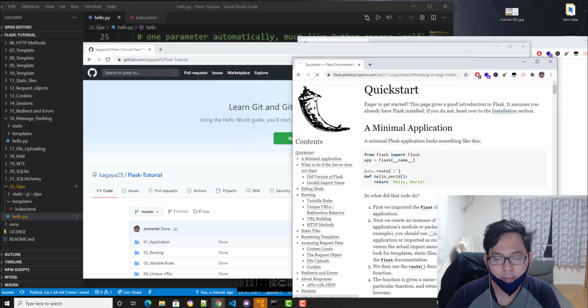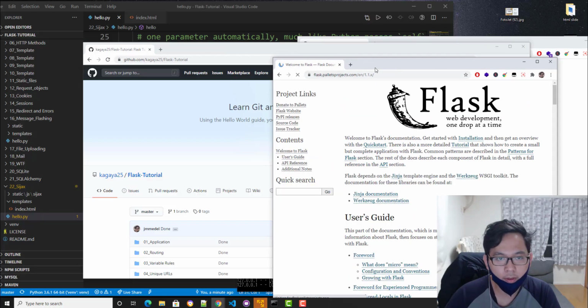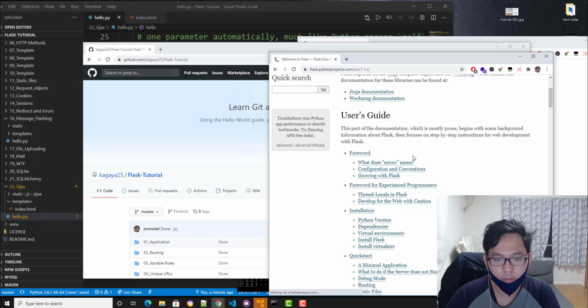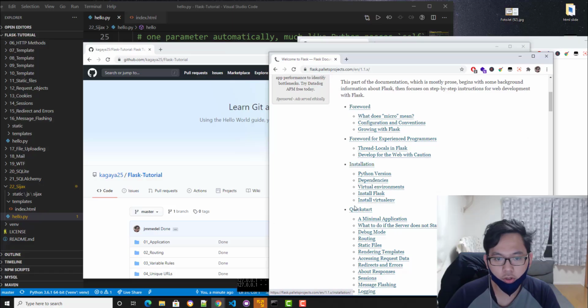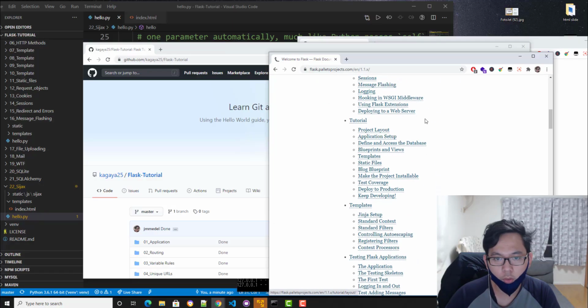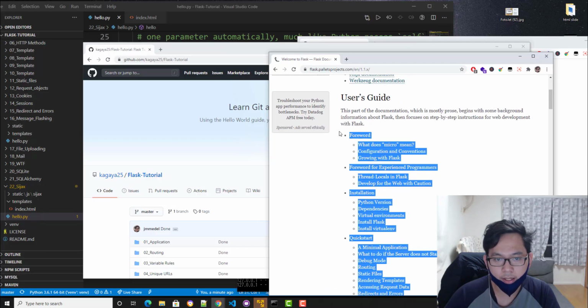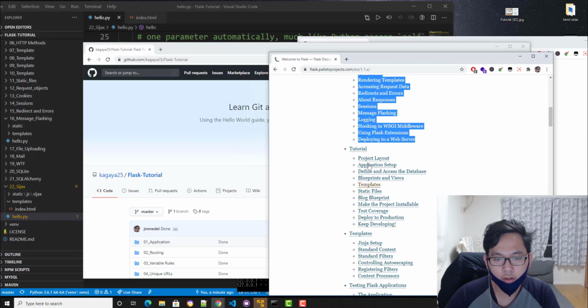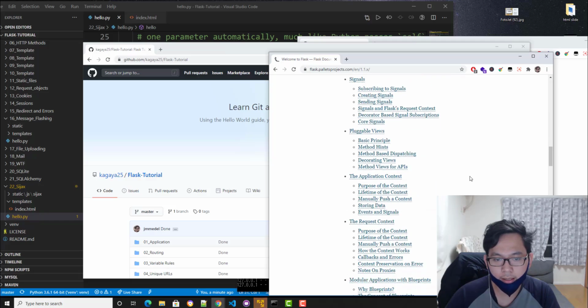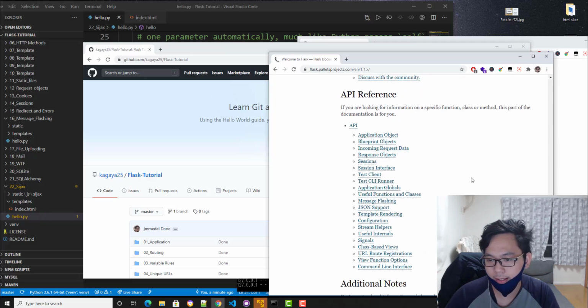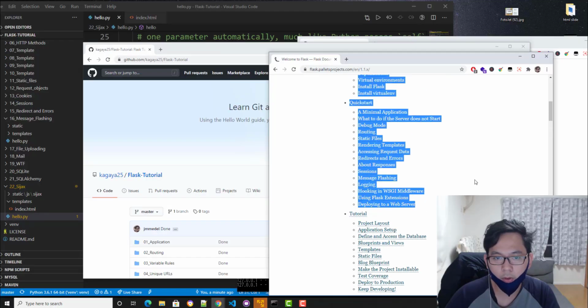I just make it easy for you. It's overwhelming if you go to the official documentation, installation, quick start. We already tackled the basic ones here. And yeah, there's still so many things left, but this is the basic for Flask.